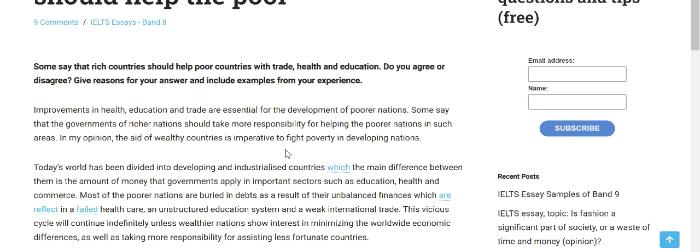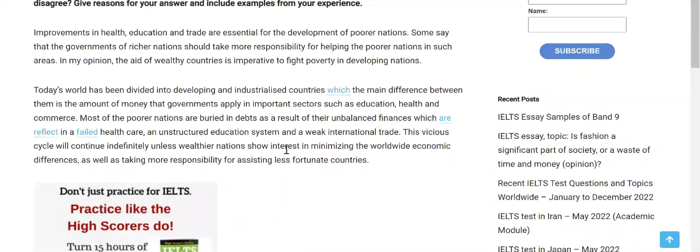This vicious cycle will continue indefinitely unless wealthier nations show interest in minimizing the worldwide economic differences, as well as taking more responsibility for assisting less fortunate countries. Okay, he said